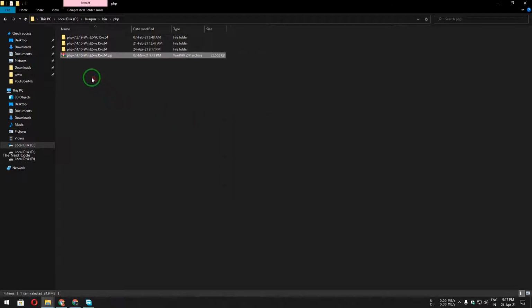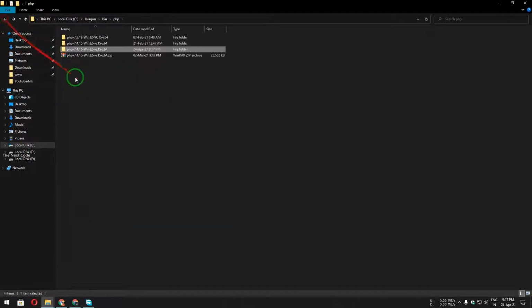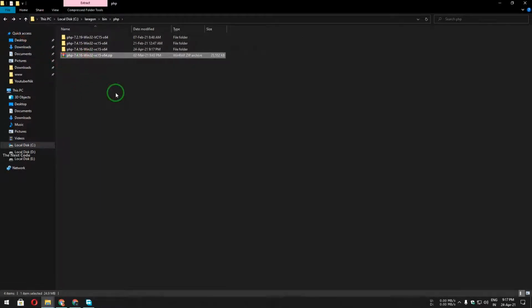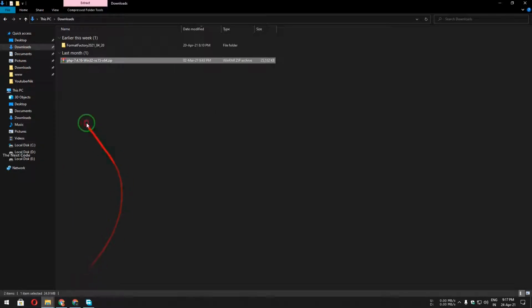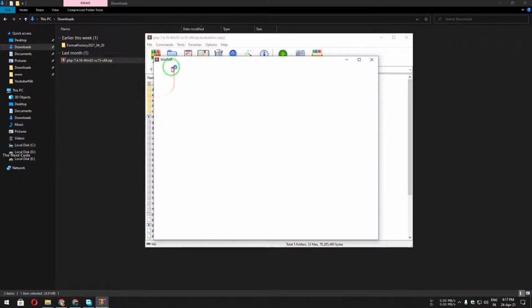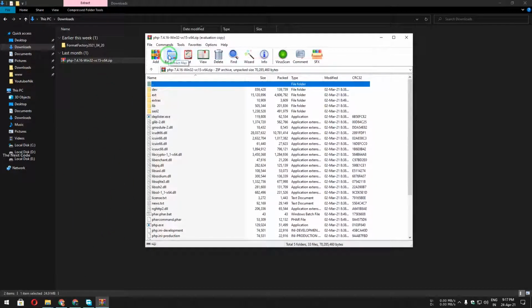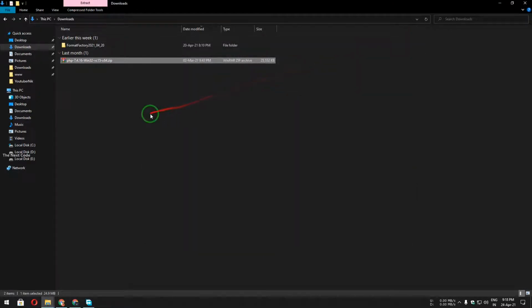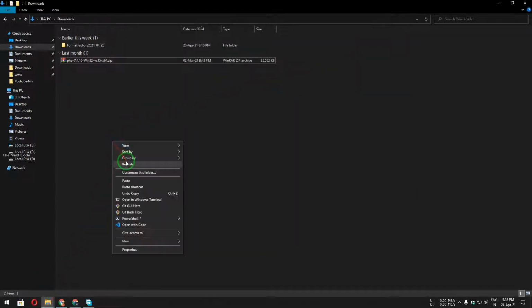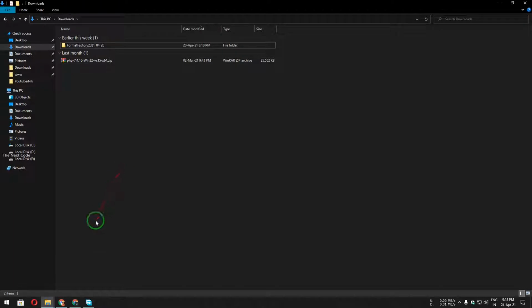It will create that folder with the same name and everything will be inside it. Or you could also click extract to, and select whatever folder you feel okay with.